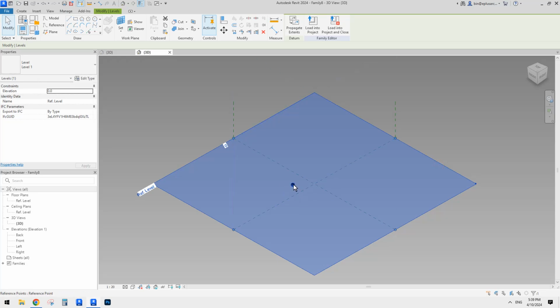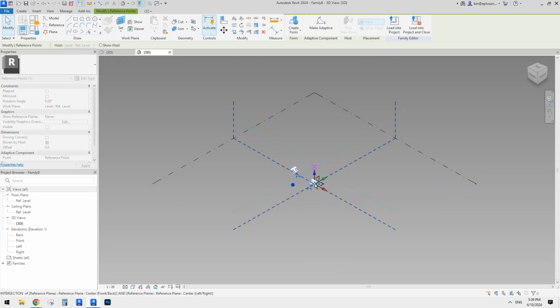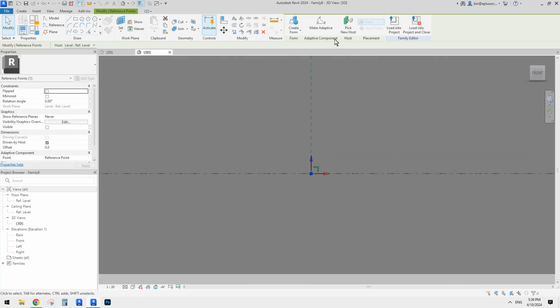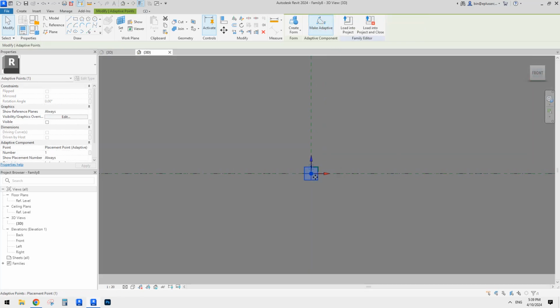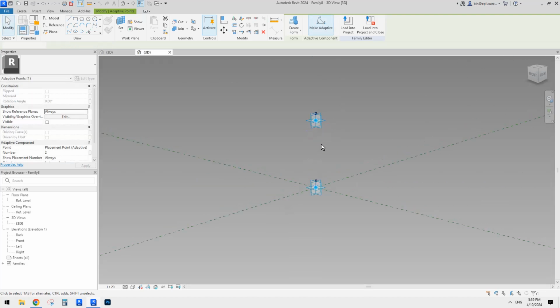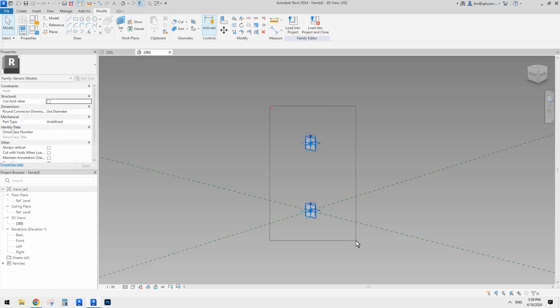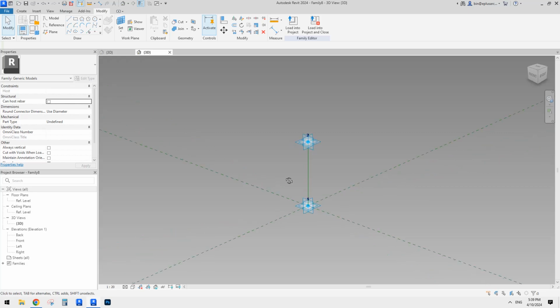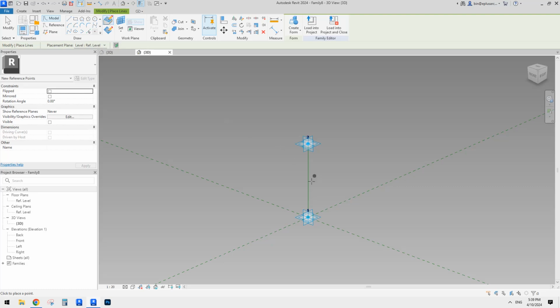Okay, Level 1, and now maybe I'll just drag it to the middle, and of course it will become an adaptive point. I'll also copy it up, Ctrl+C, and create another adaptive point. Now we can create a spline through points and make a reference line. The next step is to place a point, use draw on face, onto this